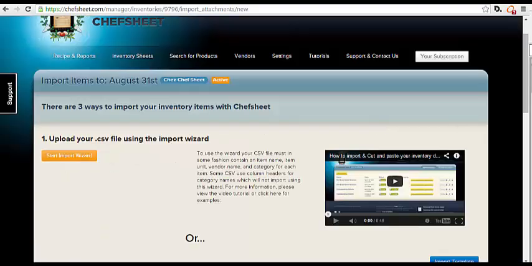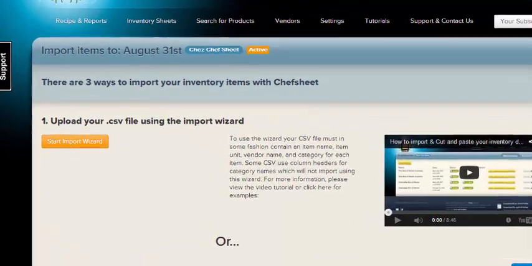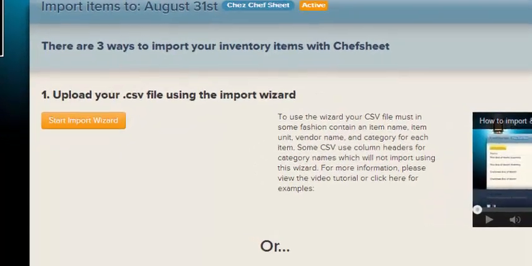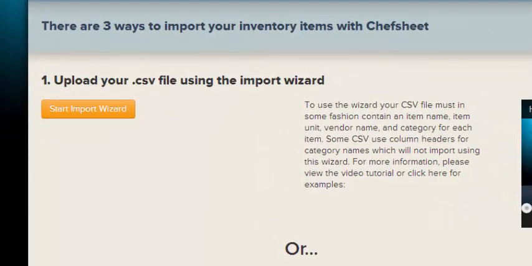The Import Wizard works well for order guides or if you're exporting your data from some other software, such as a POS system or one of the older style inventory programs like ChefTech. Consider the wizard when you need to make some changes as you import, when your data is not already formatted into columns consisting of item, unit, vendor, and category, or if you need to combine 2 cells into one, such as